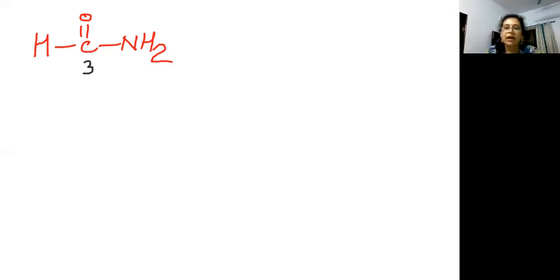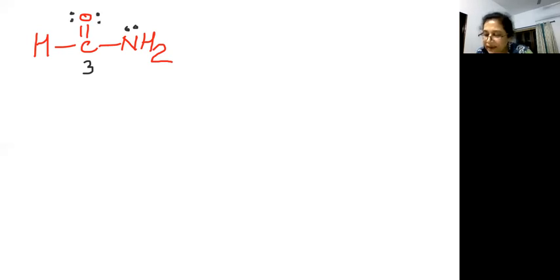So total, we are accounting for 6 electrons. Per bond, 2 electrons. But nitrogen should have 8 electrons. That means there has to be a lone pair which they have not drawn. Similarly, let us look at oxygen. If you see in oxygen, there are 2 bonds. That means we have 4 electrons, right? So 4 electrons can be seen, but total it should be how many? 8 electrons. So let us make 2 lone pairs again.